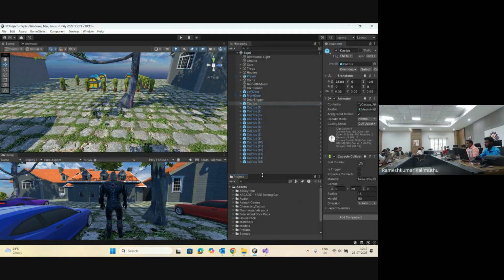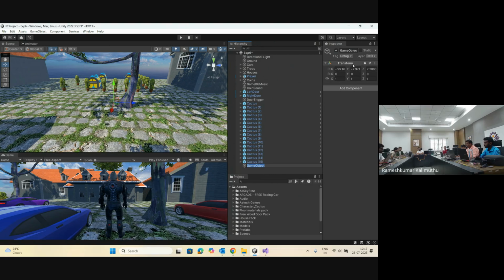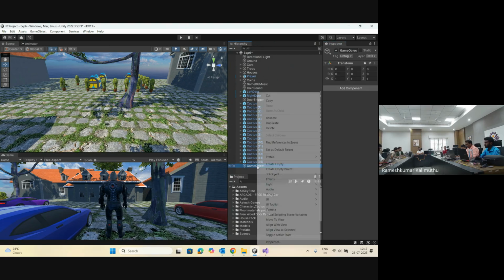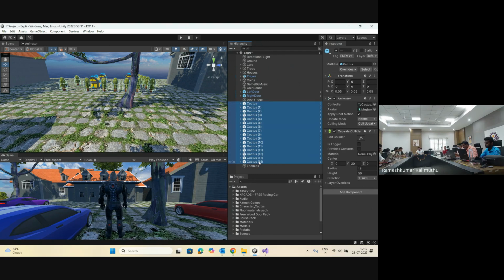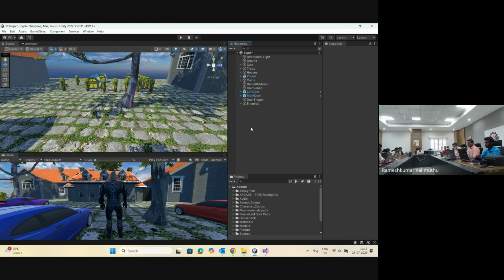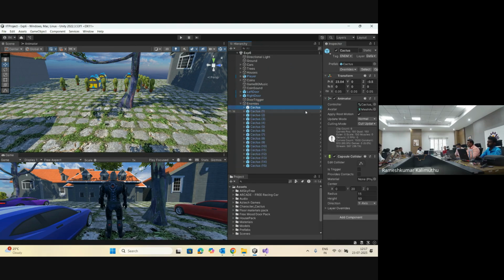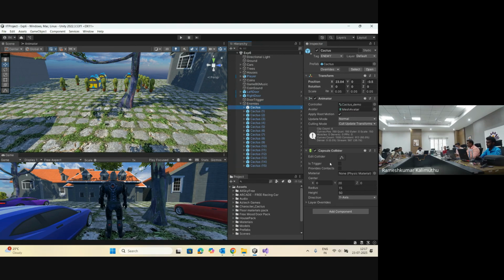Now let me create one empty game object. Rename this as enemies and drag them in. Once you have placed the enemies, kindly confirm that the tag is enemy and check whether it has a collider or not. After that,